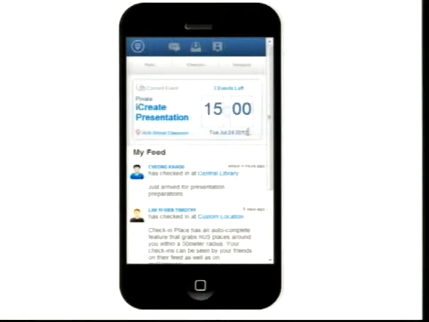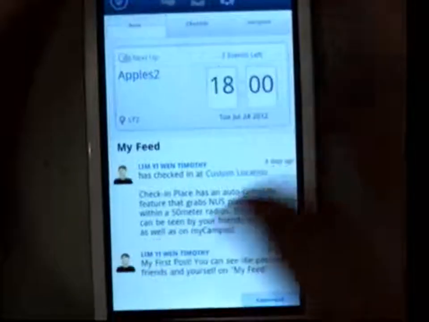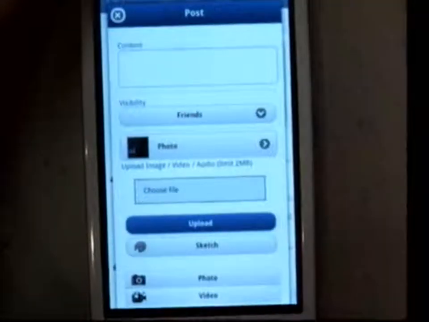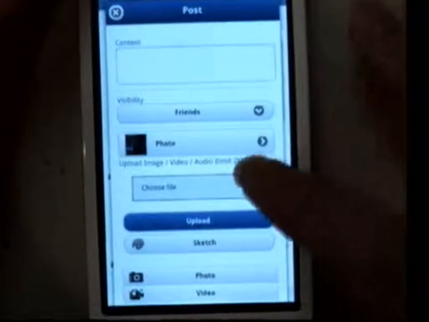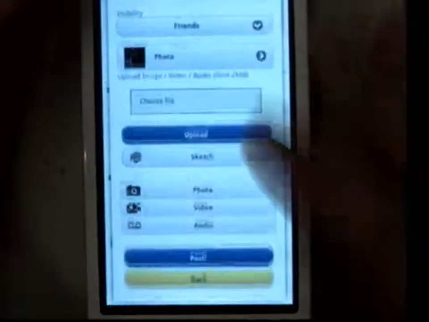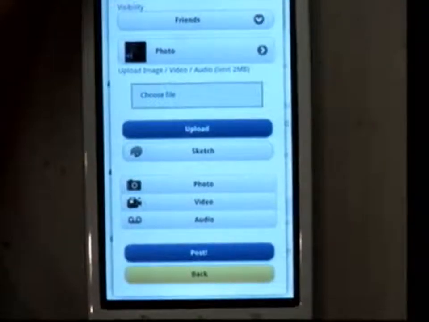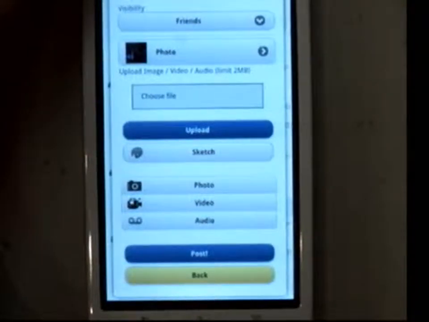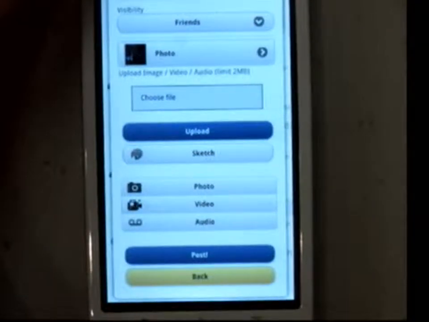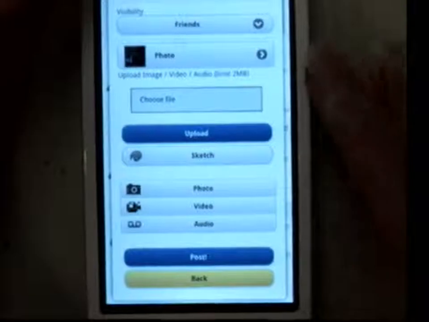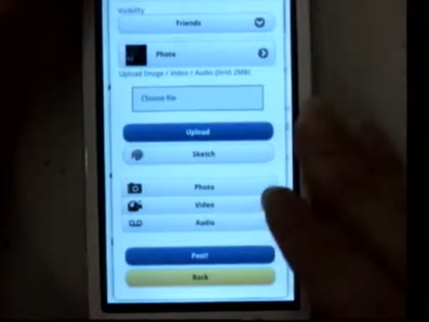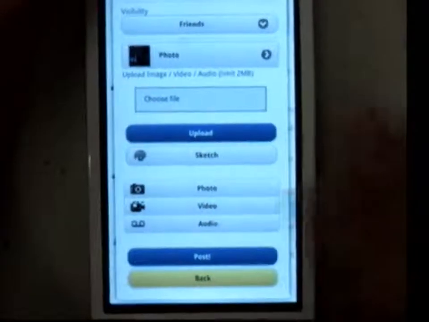So from the home screen, let's say I want to make a post, I can choose the post. The hardware features I was talking about are the photo, video, and audio notes. This will access the phone's native photo capture, video capture, and audio capture app so that the user can do it. Let's say, for example, I take an audio note.